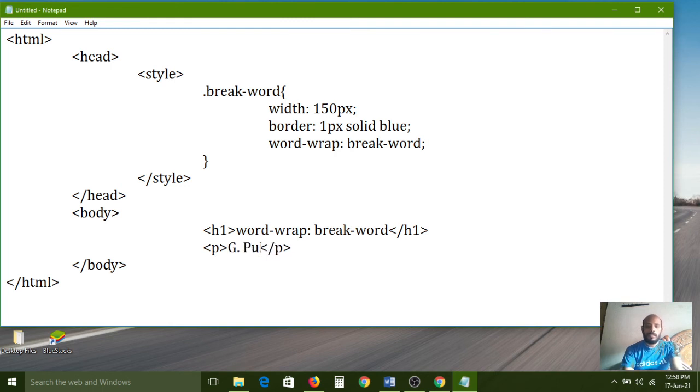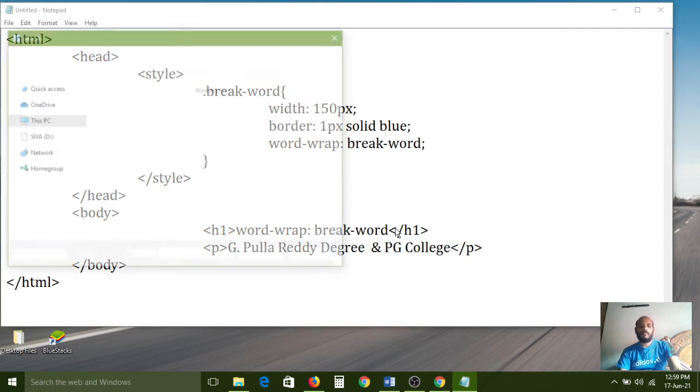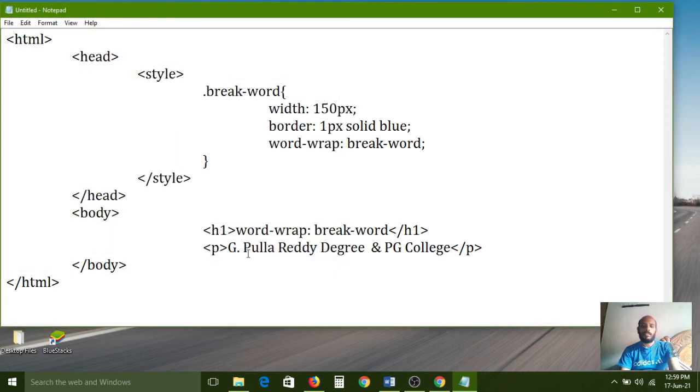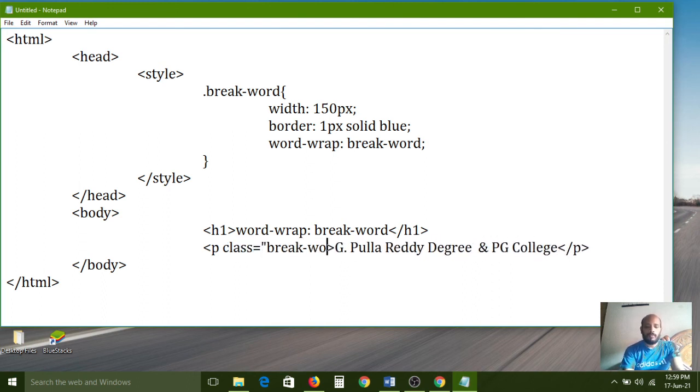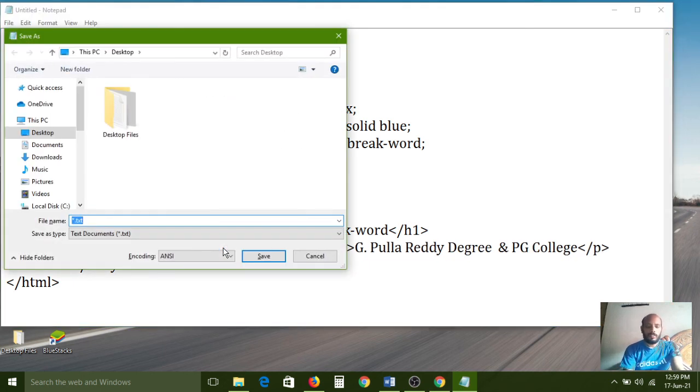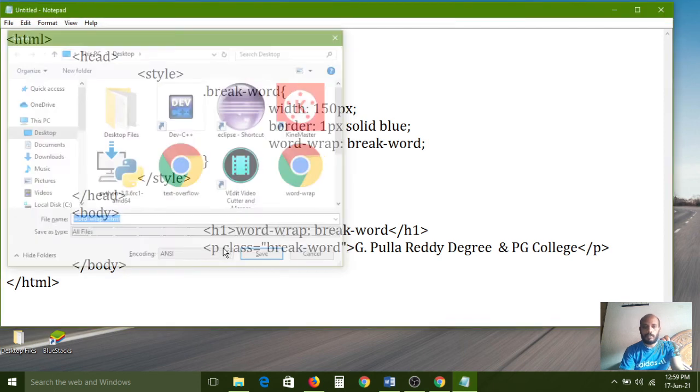G Pullareddy degree and PG college. Now I am saving this one, now I am assigning the class here, class equal to break hyphen word closing. Now I am saving this one, word hyphen wrap 1, save as type is all files.